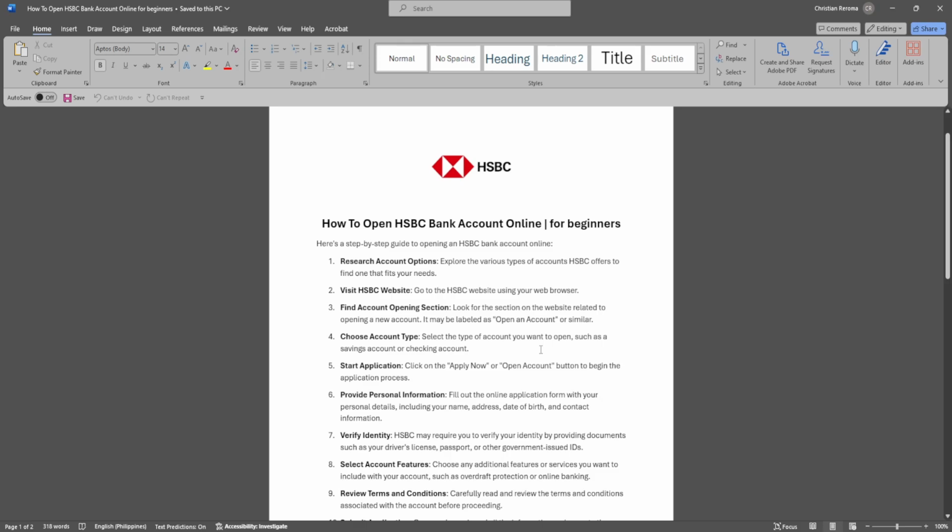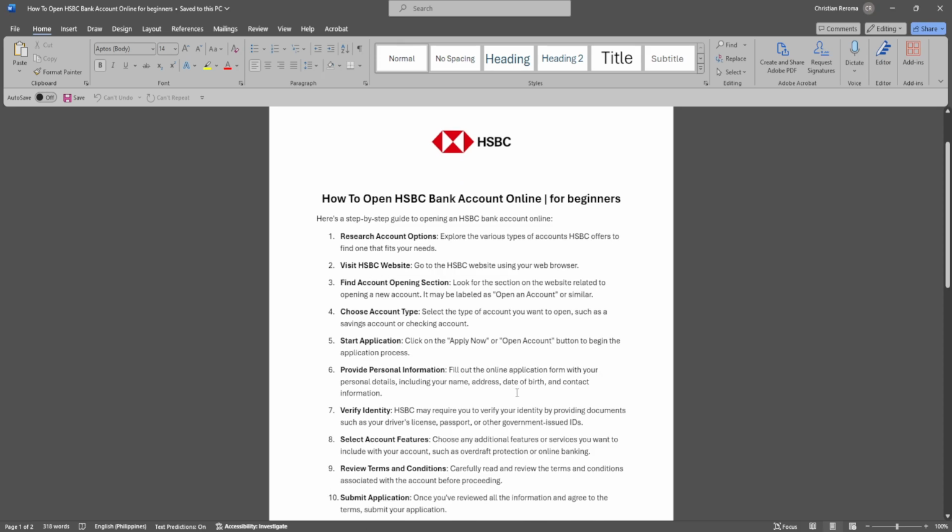Now select the type of account you want to open, such as a savings account or checking account. Now click on the apply now or open account button to begin the application process. So simply fill out the online application form with your personal details, including your name, address, date of birth, and